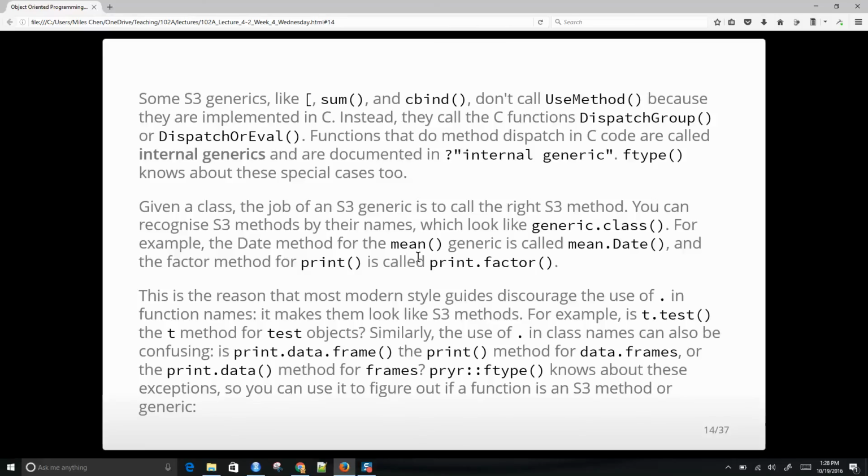Okay, so given a class, the job of an S3 generic is to call the correct method. You can recognize S3 methods by their names, which look like generic.class. So for example, the Date method for the mean generic is mean.Date, and the factor method for print is print.factor. Okay, and this is the reason that